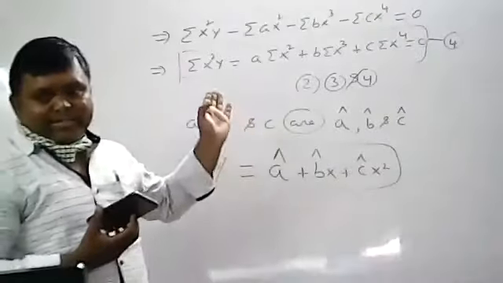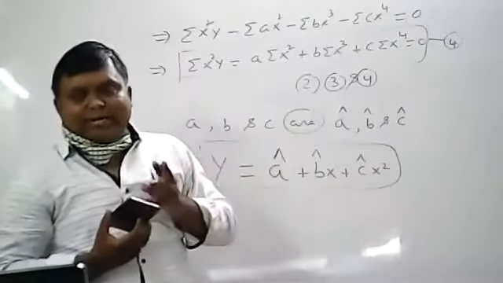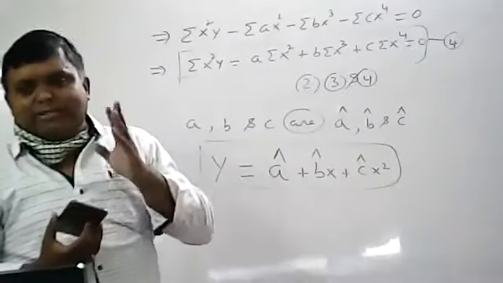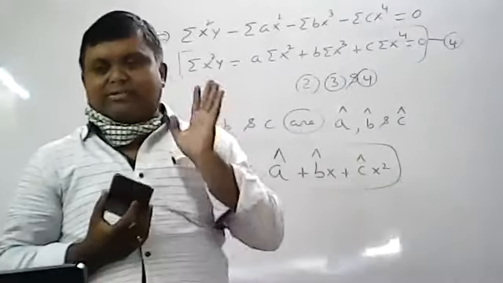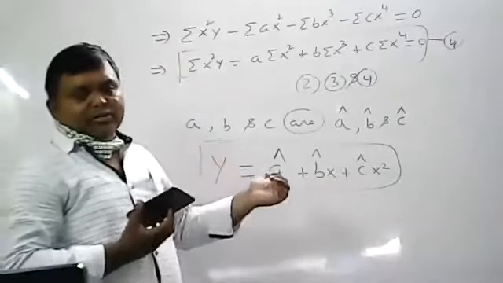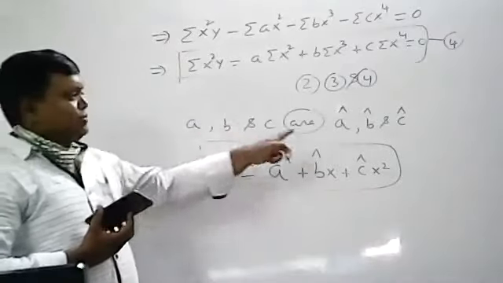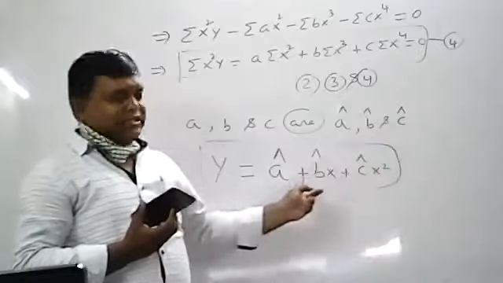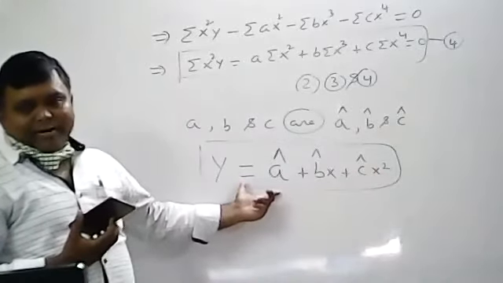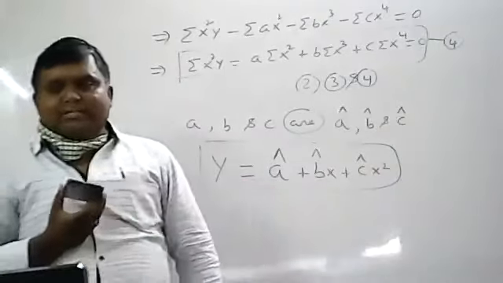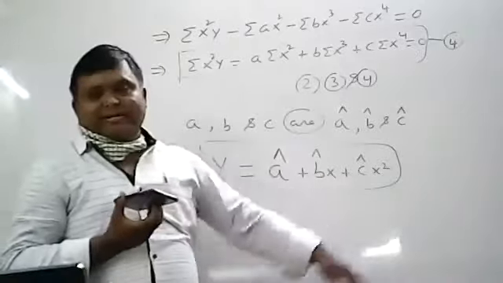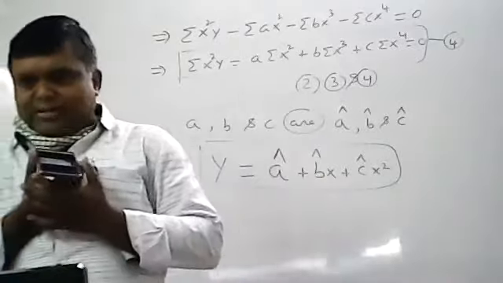So today we have discussed the second degree parabola. Second degree parabola means 3 constants will be there. That means if you solve those 3 normal equations, you will get A, B, C values as A crown, B crown, and C crown respectively. Therefore the required second degree parabola is y equal to A crown plus B crown x plus C crown x square. I hope all of you understood.